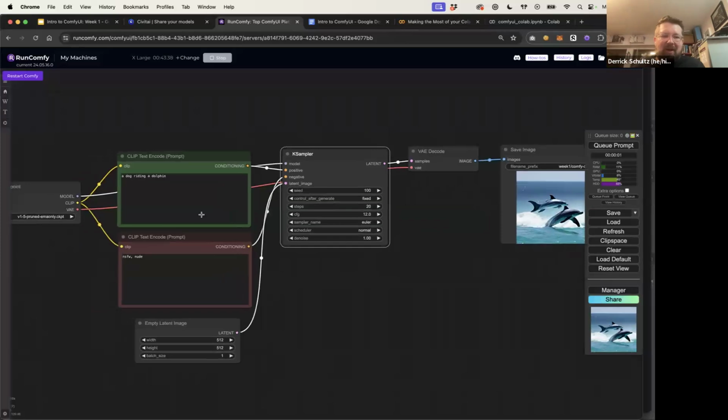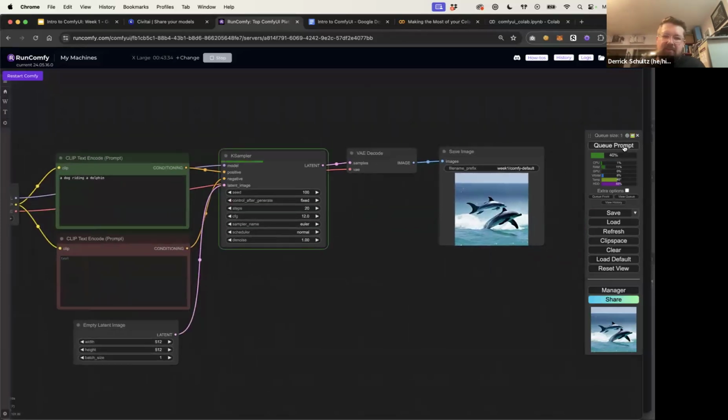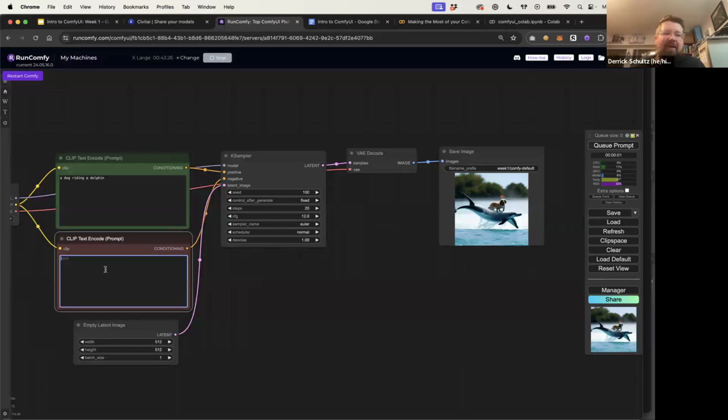That's okay. Actually, I wonder if I remove this, if I get better results. There we go. This is why I don't add negative text prompts initially, because quite often negative text prompts actually influence the model into a certain direction that you don't want. I tend to use negatives once I've got my image and I want to remove something from it. So maybe I want to remove trees. So let's type in trees, hit Queue Prompt.